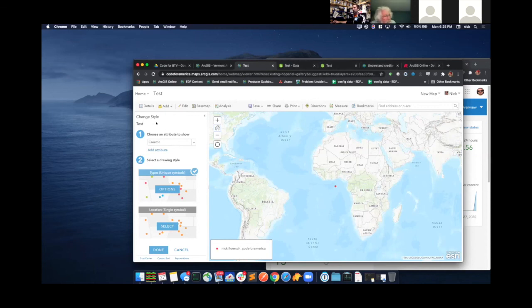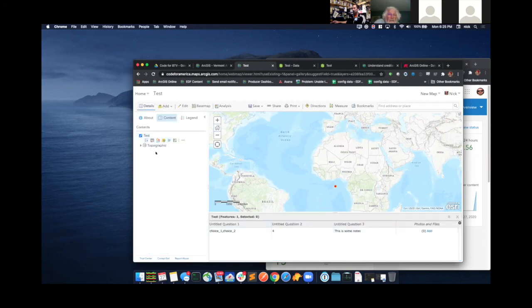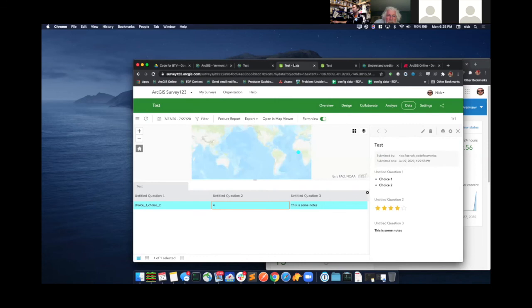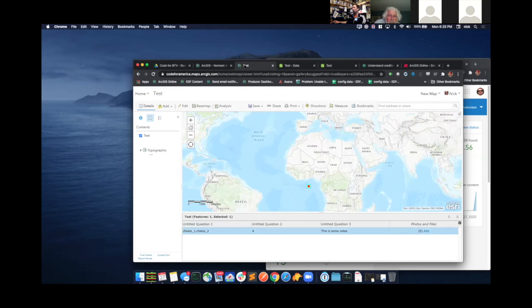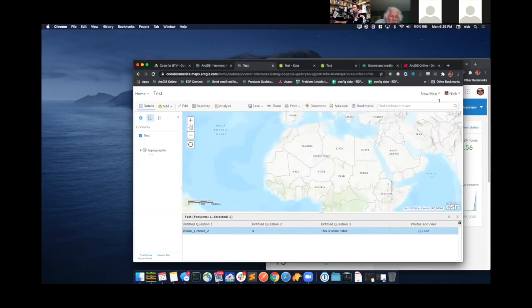But now that we've pulled it up on the map, we can go back to look at the attribute table of it, and we'll see I chose choice 1, choice 2. I gave it a 4-star rating, and I put some notes in, and that's what it is. It's just a feature layer that they put a fancy survey interface in front of, and so that means that you can integrate this feature layer with other tools such as dashboards and story maps and all the various